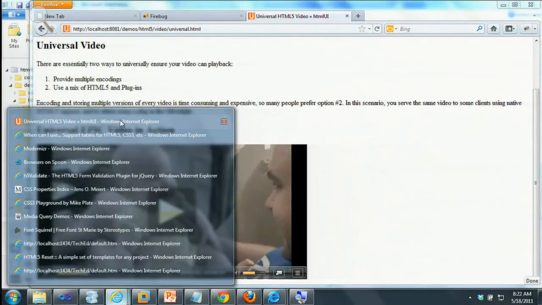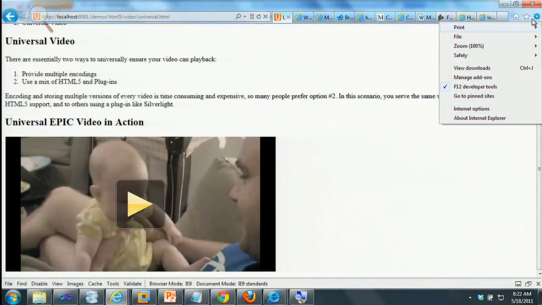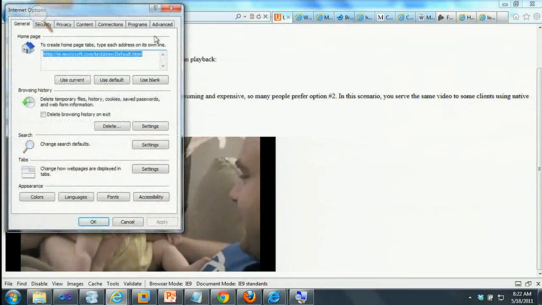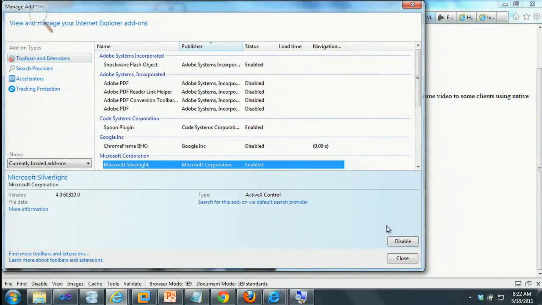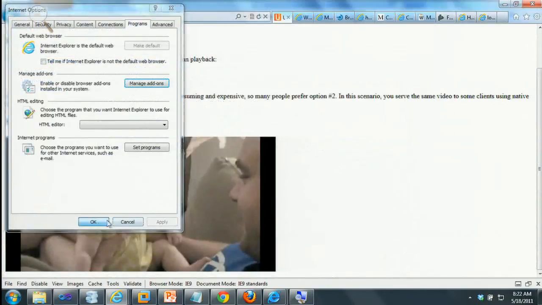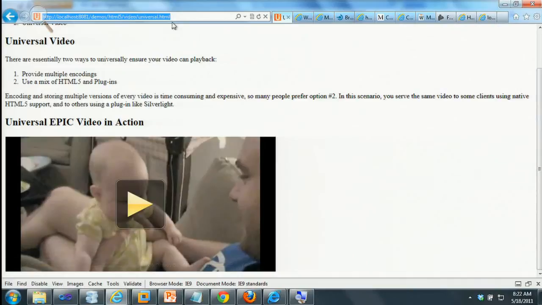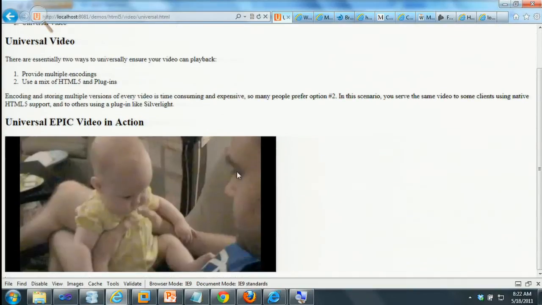Inside of IE9, there's the ability to turn off plugins, so we come in over here to our Internet options. We go over to our Programs, Manage Add-ons, and find Silverlight. And we could disable this and close that. Okay. And now when we reload the page that has our Silverlight player, the video still comes back, but now